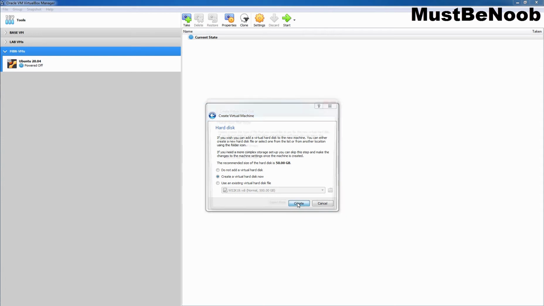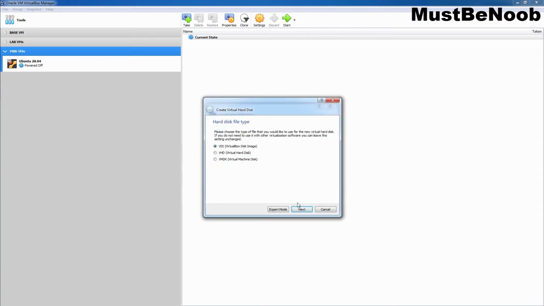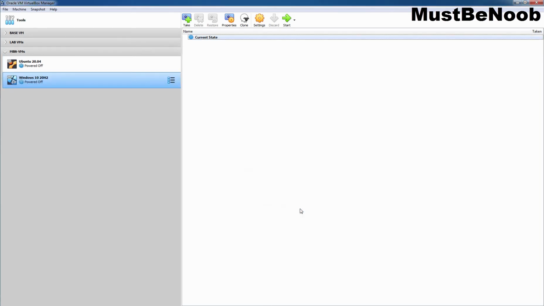Let's click on Create. On the screen, we need to select a hard disk file type. We are going with a VDI disk type, which is a native disk type for VirtualBox disk images. Let's click on Next. Here we are going to select the dynamically allocated hard disk type. Click Next. On this window, you will be able to change the location of the drive as well as its size. Here we are going to use the default location, and under size, I'm going to specify 500 GB. Let's click on Create. Perfect.